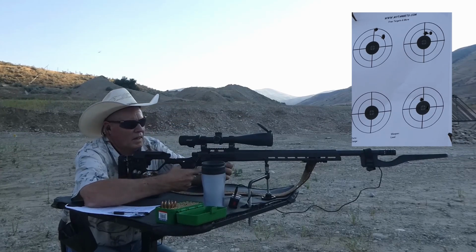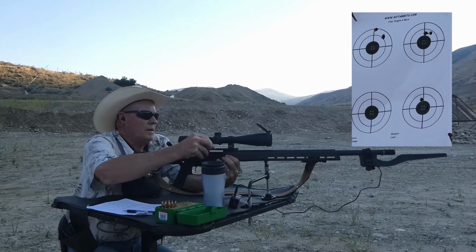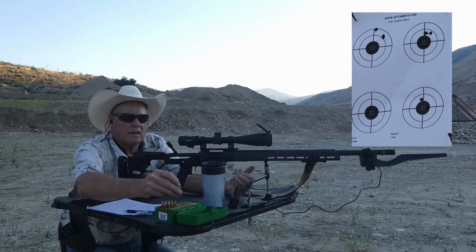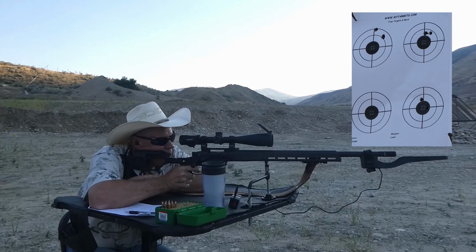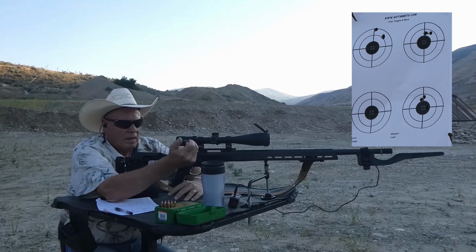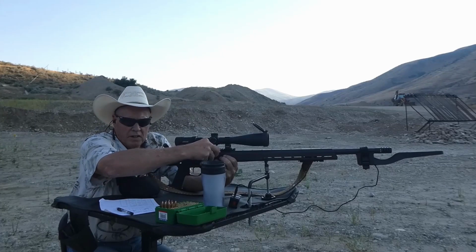Oh, that's looking good. 3,028. Yep. Primer definitely is flattened. Okay, 3,025. All right, let me go down and reset that target, and we'll move on to the next powder, which